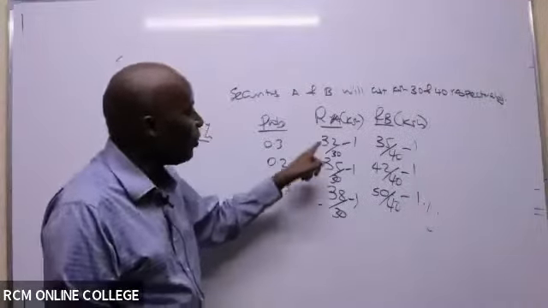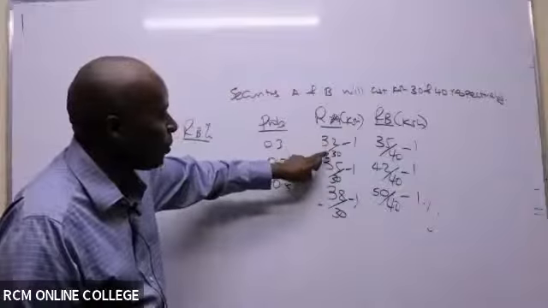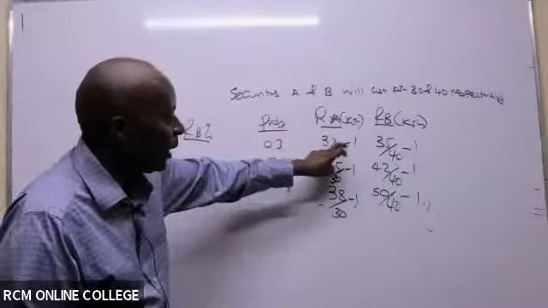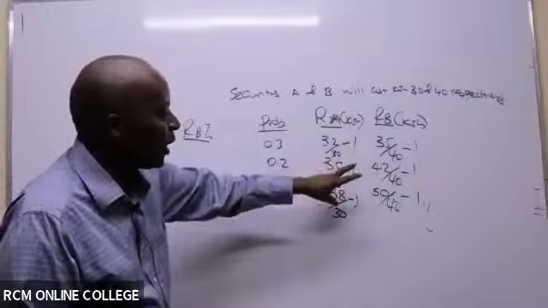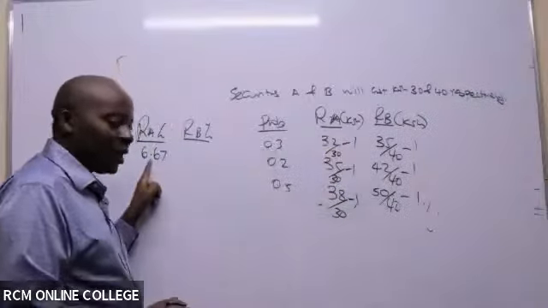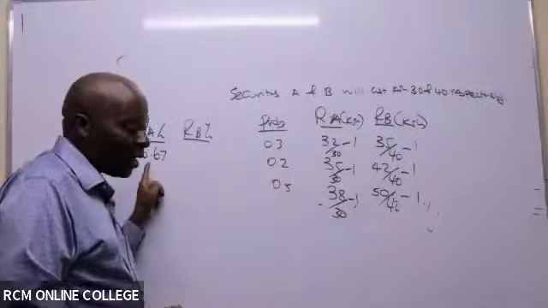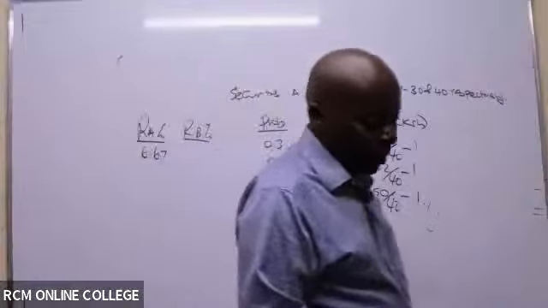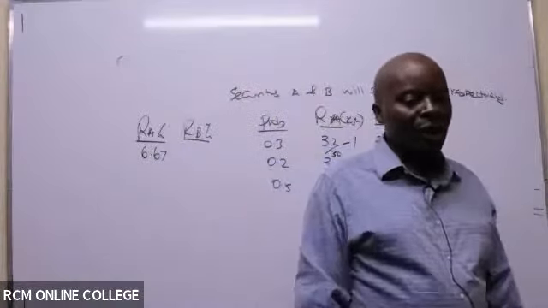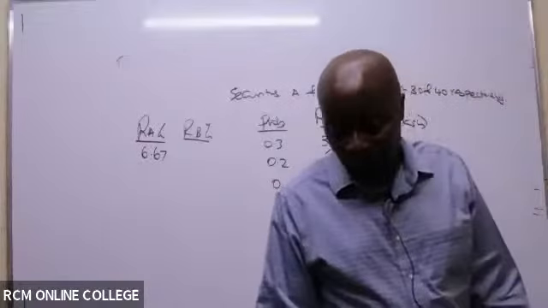So all of us, are we able to see this? You divide first. 32 divided by 30. Whatever answer we get, minus 1, equals whatever answer we get, times 100. All of us, are we able to get this 6.67? Not many are saying. Students, I want to help them and they don't want to be helped now. They don't tell me if they are getting 6.67. They don't even write the answer.